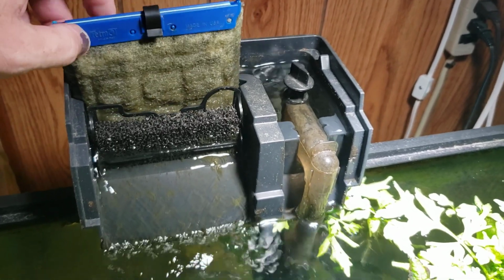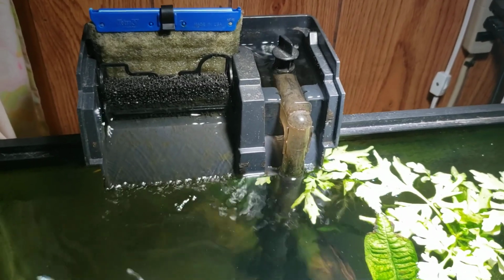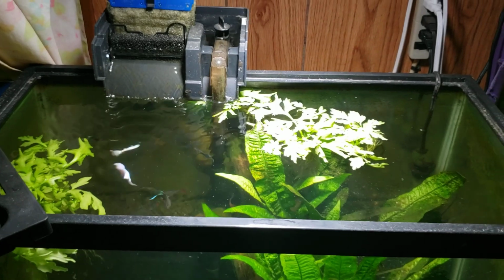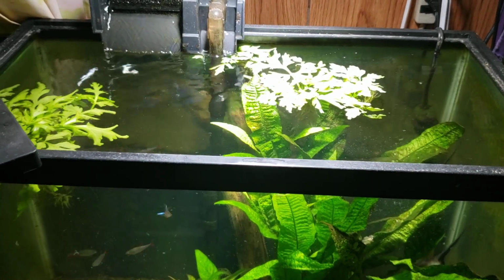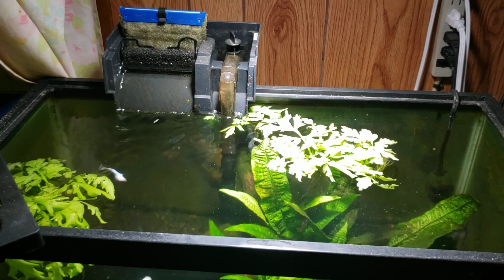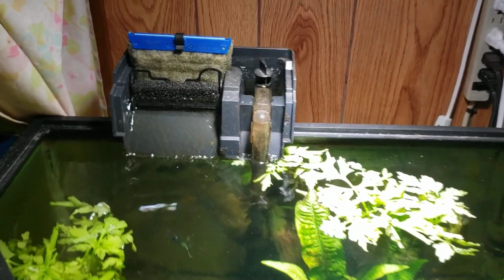And when I pull that filter pad out of another tank, and I need to change that filter now that I got it halfway out like that, I'm just going to go ahead and leave it there. It'll be different. It'll have different coloration. It'll have a different texture to it. Even the stuff that grows in the biomedia a lot of times will be somewhat different. Now, I will admit that that's mostly